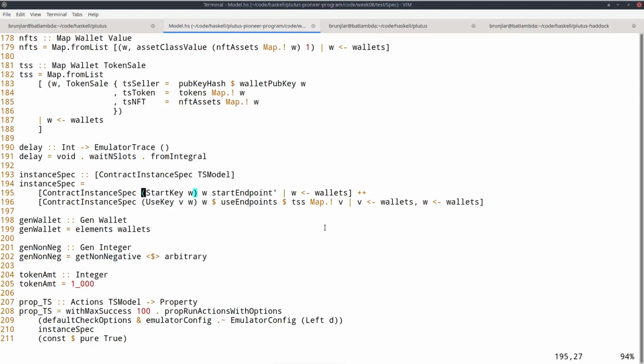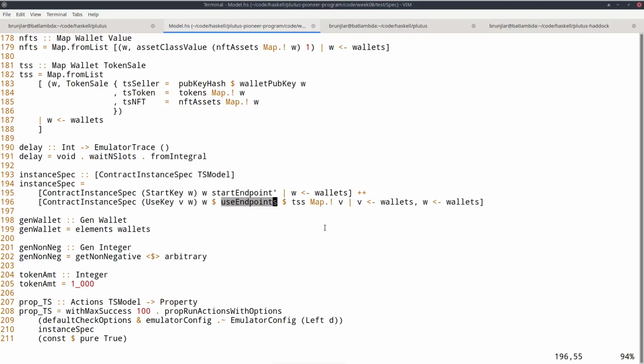So we have 2 cases: the start keys and the use keys. For the start key W, that's the key, the wallet is W, and the associated contract is the start endpoint prime. And we do this for both wallets. And for the use keys, the key is use key VW, the wallet it runs on is W, and the contract is use endpoints.